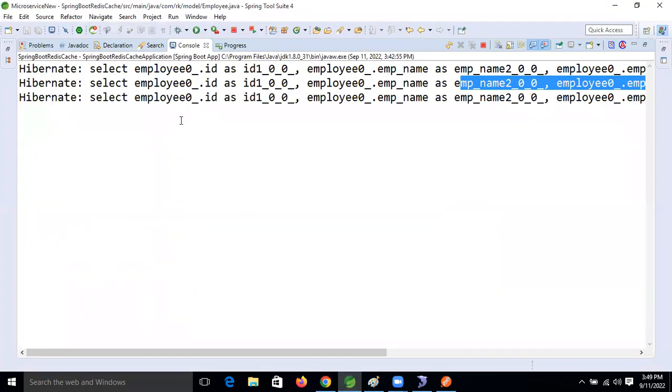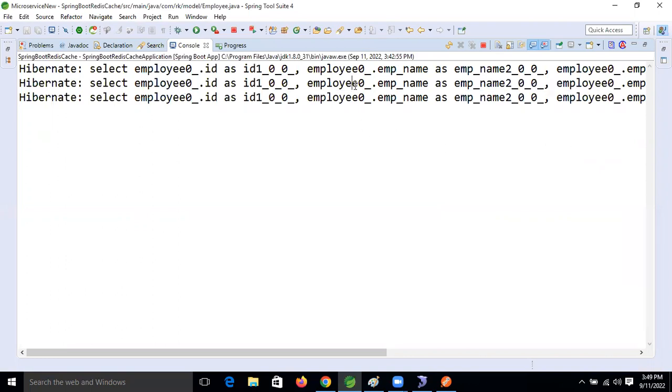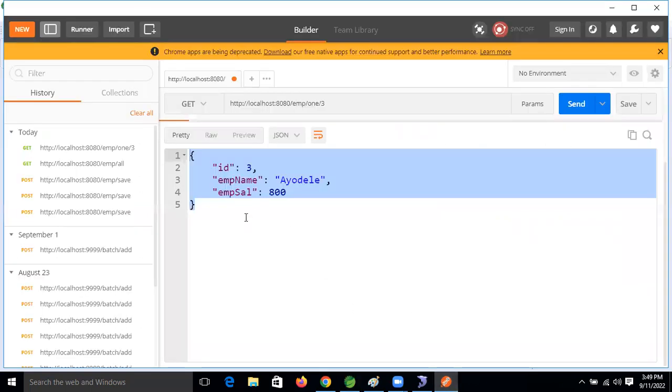Come to the console and observe this. Again, the third time also the same select operation is performed or not? How many times we make the request, that many times it's hitting the database, or not? Database network calls, multiple times, right? If we are fetching the same record multiple times,